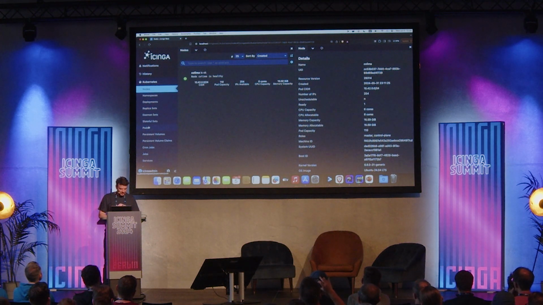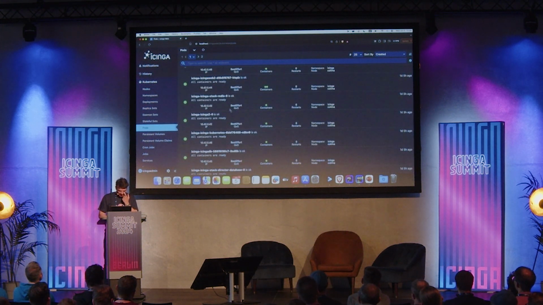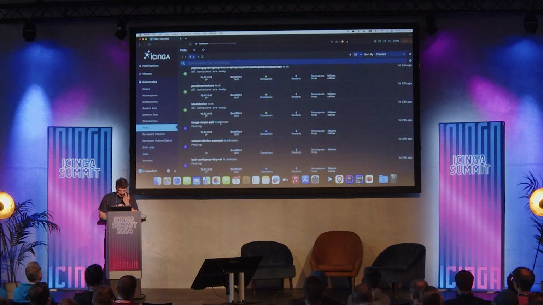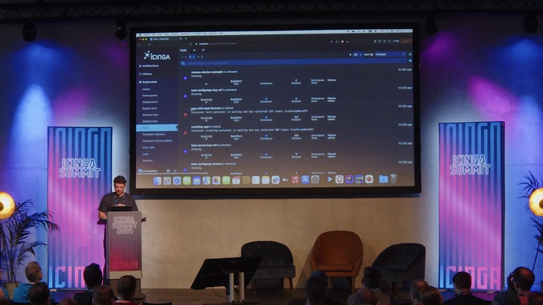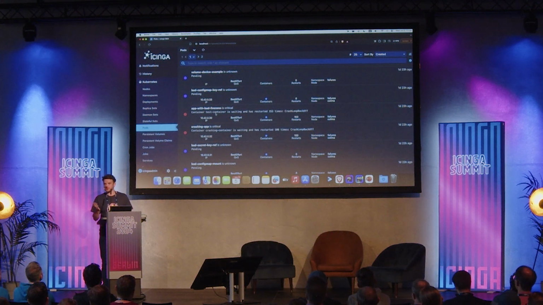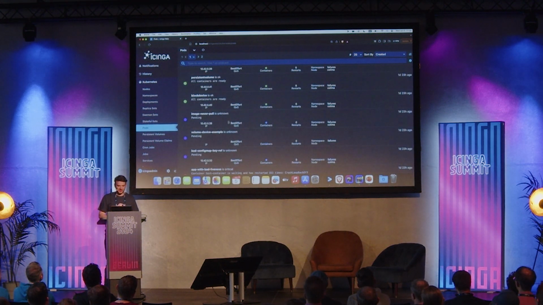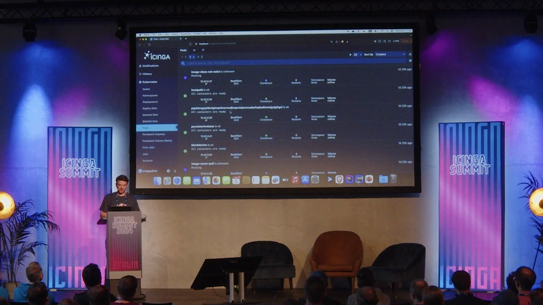Then maybe we go to pods, since I deployed some failing stuff. For example, an app with bad liveness. So I have a bad liveness check configured here. And instead of having to look at conditions or at the reason why a container has failed, the pod is switched to critical since it has been restarted a whole lot of times with crash loop backoff. And that's what we are trying to do with all